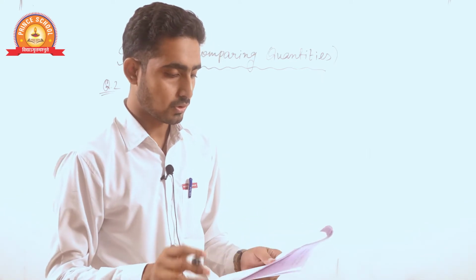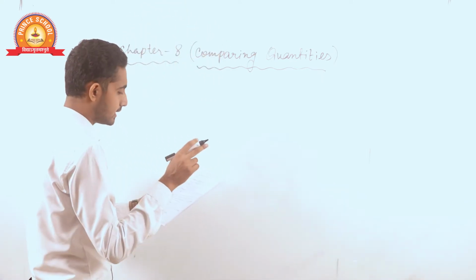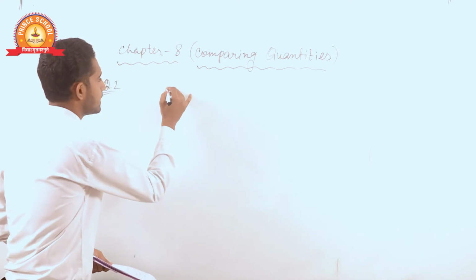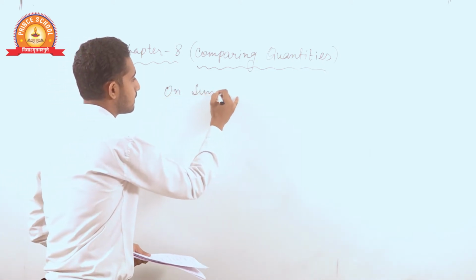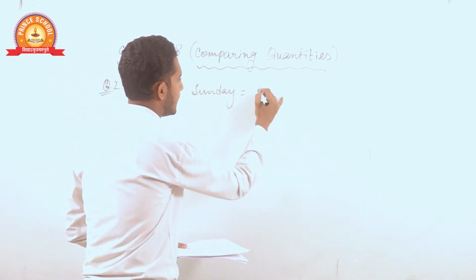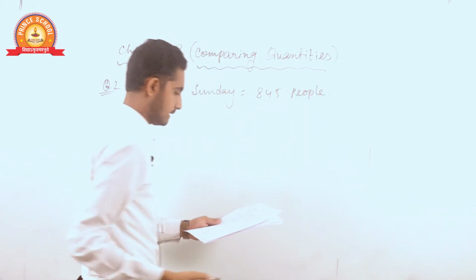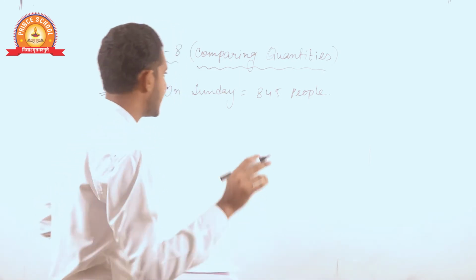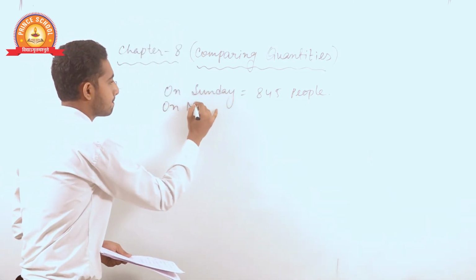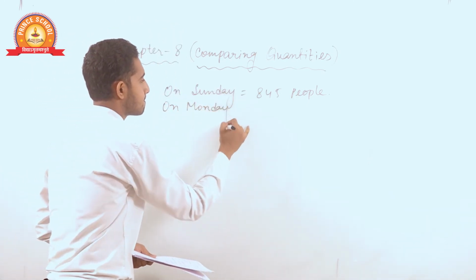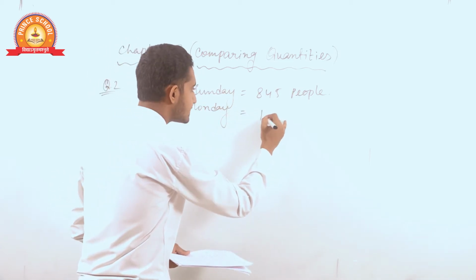In question number 2, on Sunday 845 people went to the zoo. So I will write down here, on Sunday 845 people went to the zoo, and on Monday 169 people